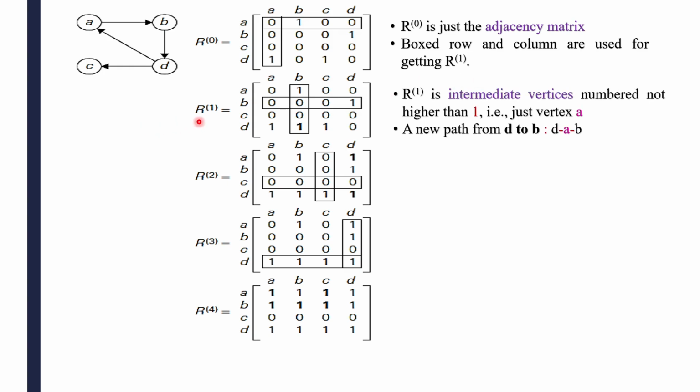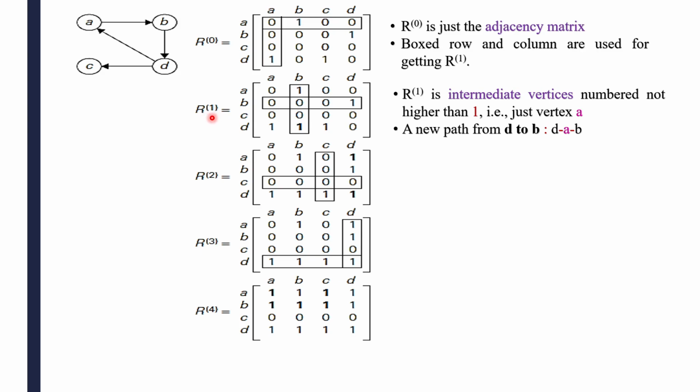This is your second iteration. And what are the solutions you are getting here? This one we call sub-instances, and we store the result of this one in the form of a table here. So now here I have taken the box. This box meaning is what? To get the solution for this iteration, I am taking the help of these values. With the help of these values, I am getting the solution for this iteration. So now we'll see how this R1 works.